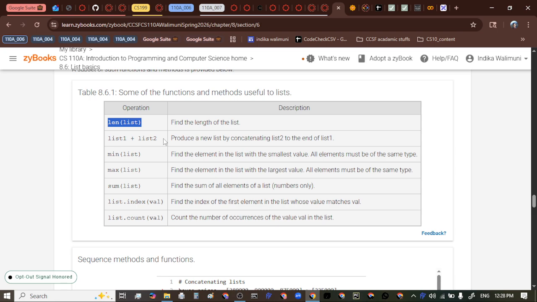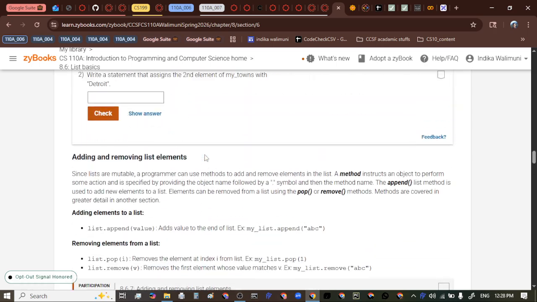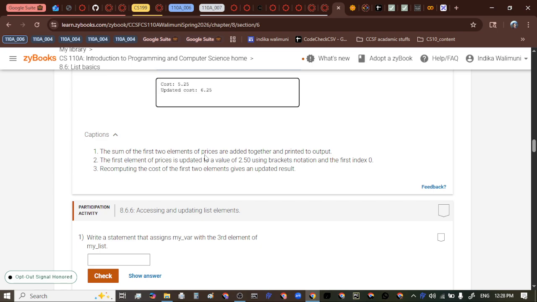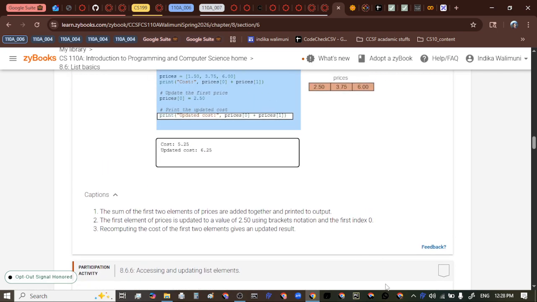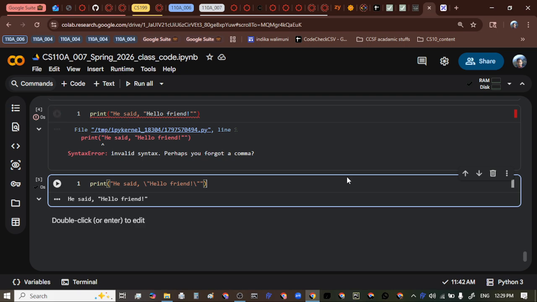It's a built-in function, right? So it can actually give you the length of any sequence type in Python, not just list. If you pass a text to len, it will give you the length of the text. If you pass a list to len, it will give you the length of the list. Okay, we'll come back to that later. So let's do some example things